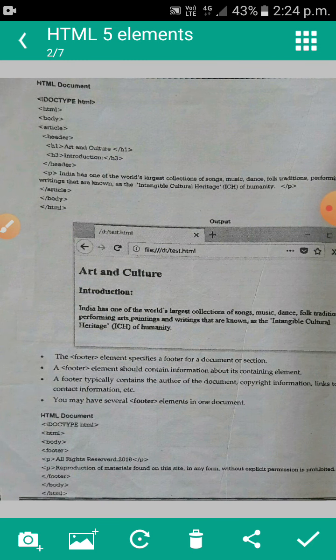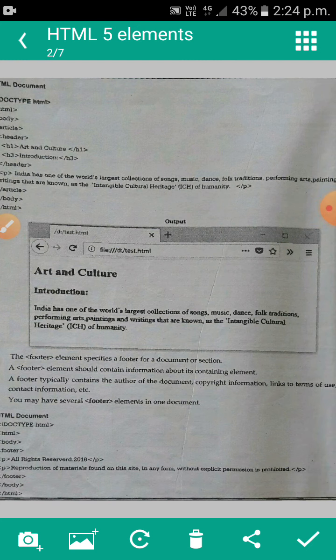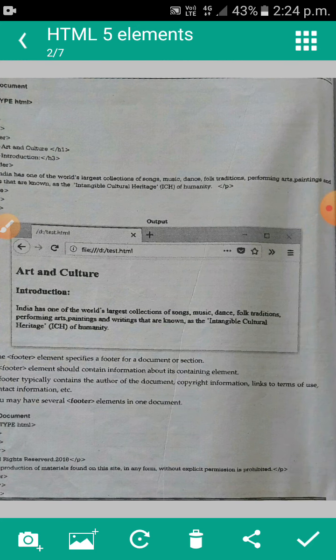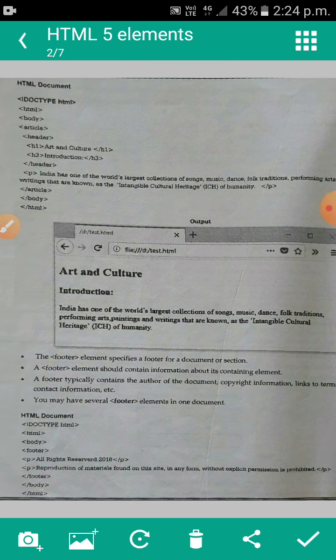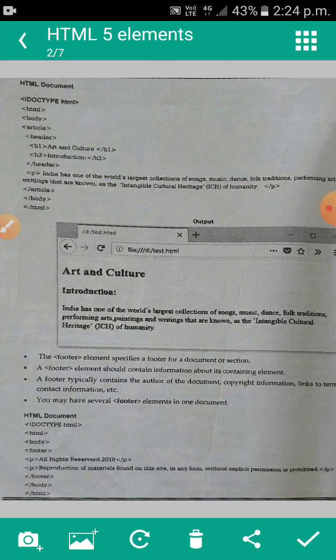You may have several footer elements in one document.